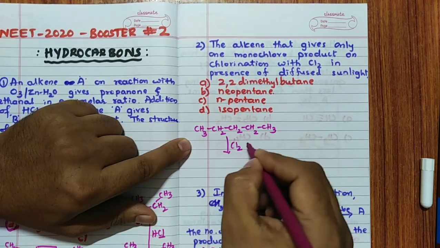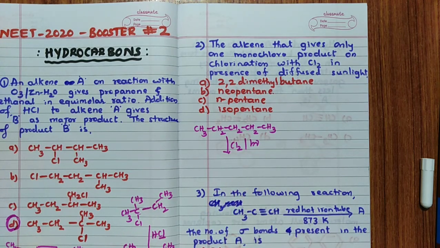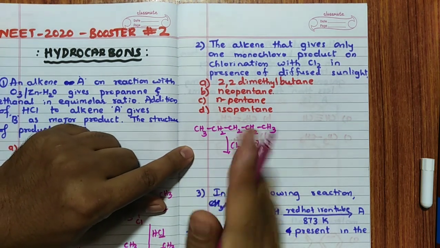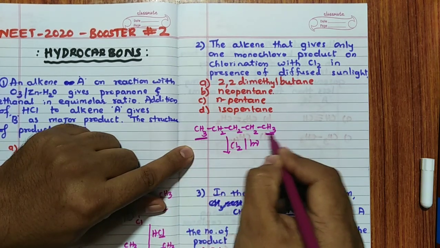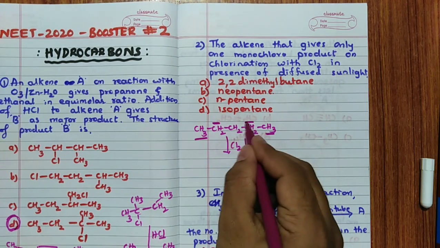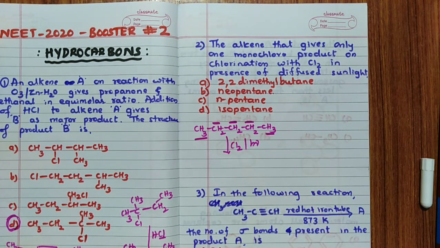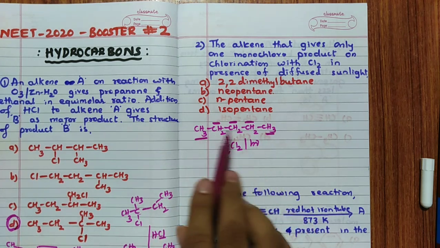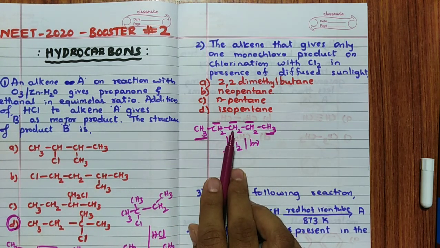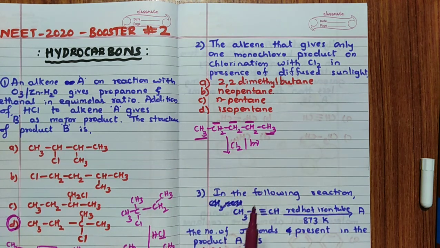Remember, on chlorination in presence of h nu, any number of chlorines it can add, depending on how many types of hydrogen atoms. Understand correctly, how many types of hydrogen atoms. One type of hydrogen, this one and this one, both are the same, the terminal hydrogens. Then this hydrogen is different, and the third type is this. Which means a total of 3 types of hydrogen atoms are there. Because the atmosphere surrounding should be the same, 3 types of hydrogen give rise to 3 different products on monochlorination. Hence, this is not the answer.